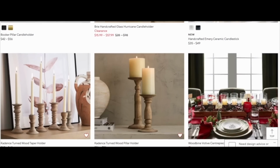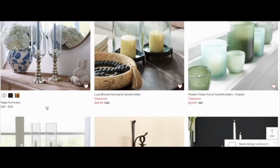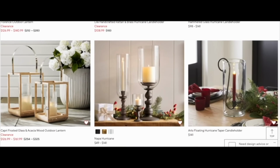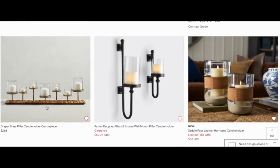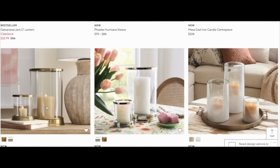Now, to elevate the look of your table setting, you need some lighting or some candles or candelabras, and my goodness, Pottery Barn has lots of it. Lots of different shapes, styles, looks, and different materials that it's made out of. I did, however, settle on this hurricane candle holder with gold accents, simply because I thought, what a great way